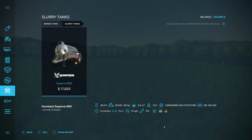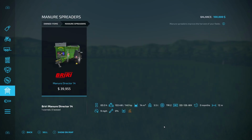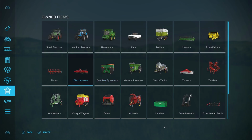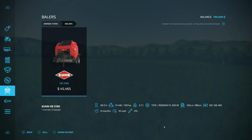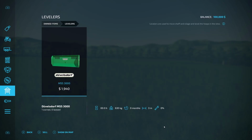Let's see. You get the Supercus 800 slurry tank. You also get a manure spreader, the Manure Director 14. Fertilizer spreader, the ZAT6 3200, which I love because this one can actually do 42 meter width. Disc harrows, the Joker 4CT, plows, the Ecomat, windrowers, the Z2840H, forage wagons, the Pharaoh 4010D, balers, the VB3190, animals section, you get the Pro Chop 150 straw blower, levelers,